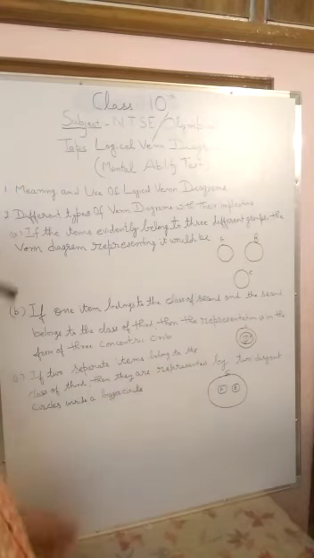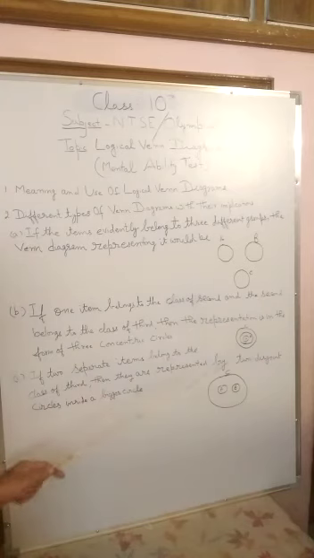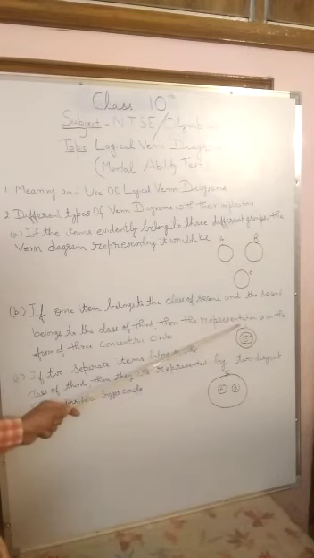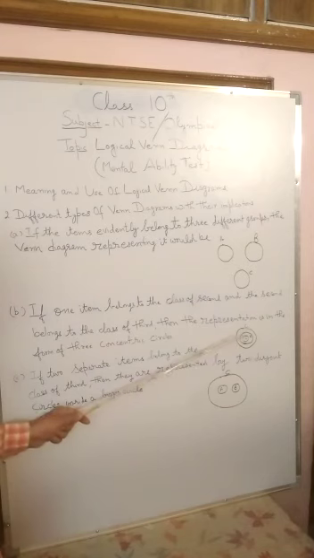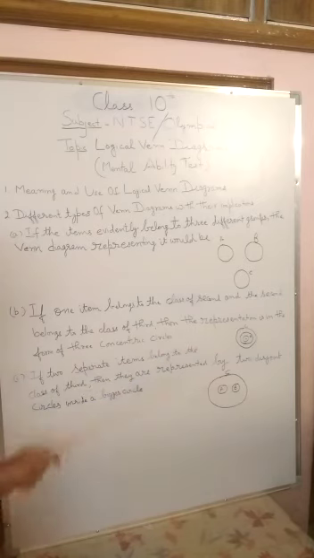Now these three sets A, B, C are contained in each other. A is contained in B and B is contained in C. We are now considering the example of seconds, minutes and hours. Set A represents seconds, set B represents minutes, and set C represents hours. Here seconds are contained in minutes and minutes are contained in hours. So this is our second category.